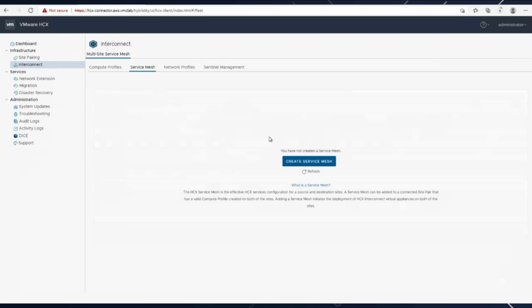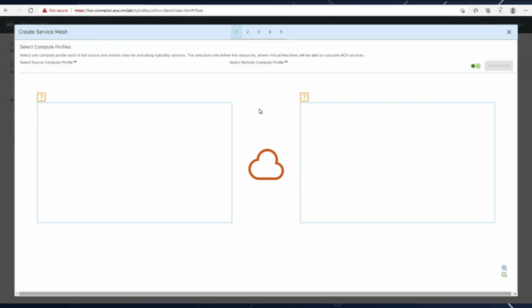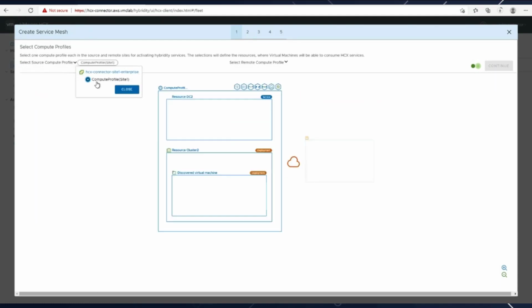Okay, now I'm in my on-premises ACX console. I'm going to create service mesh, select the sites. So I have these two sites only paired in my environment. I'll click continue. And then this is where I have to select the compute profiles that will become a part